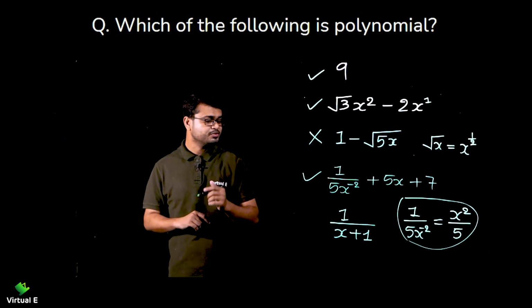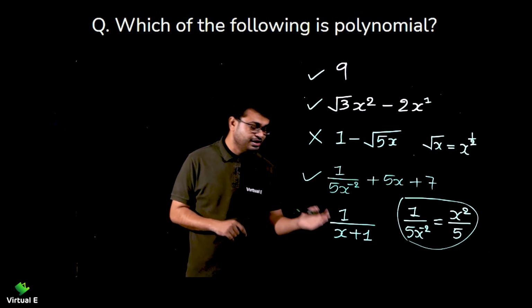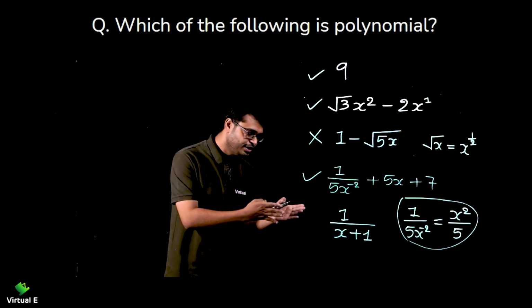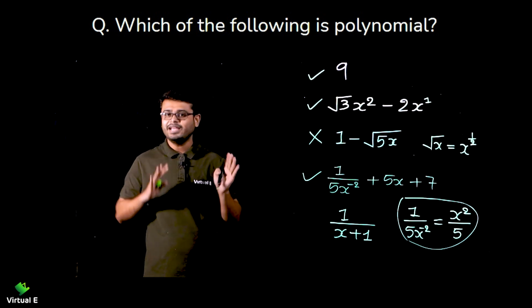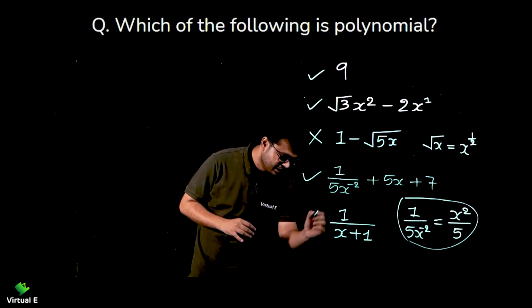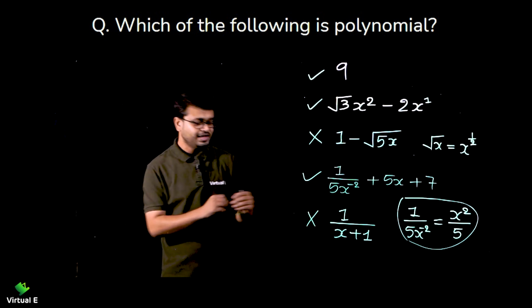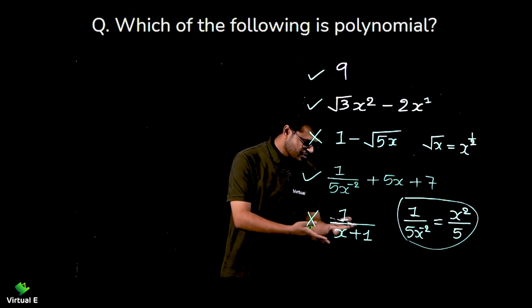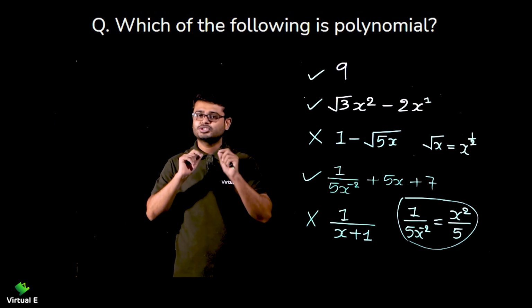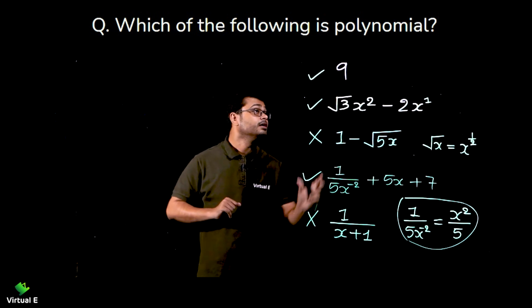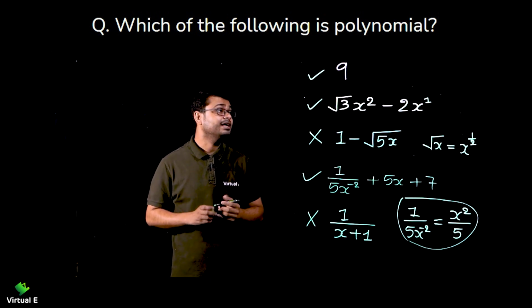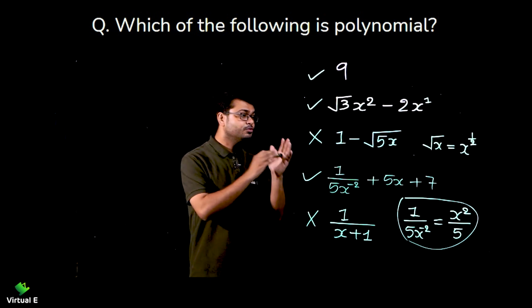And the last one, 1 by x plus 1. Now guess what here? Is this a polynomial or not? This is very evident that this is not a polynomial. The case that we discussed previously, it is something like that, 1 upon x. And if we try to simplify, I think it's not possible. Negative power will surely come into the picture, right? So this is how we identify that a given question is